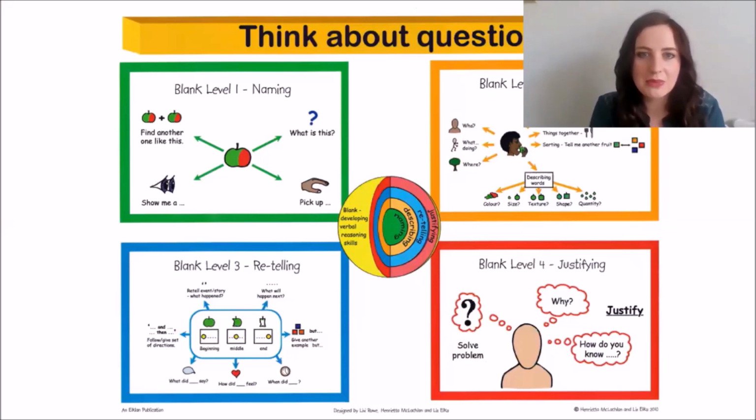But how does a communication partner know where to pitch their language or how to use language at the correct level? This is where Blank's levels are really useful. Blank's levels help communication partners think about where individual language learners are at and modify their language accordingly. You can use all 4 levels during the same activity. So if you're a teacher in a classroom, you can be reading one book, but use different levels of questions for different students. Or equally, if you're a parent, you can work on all different levels with your children within